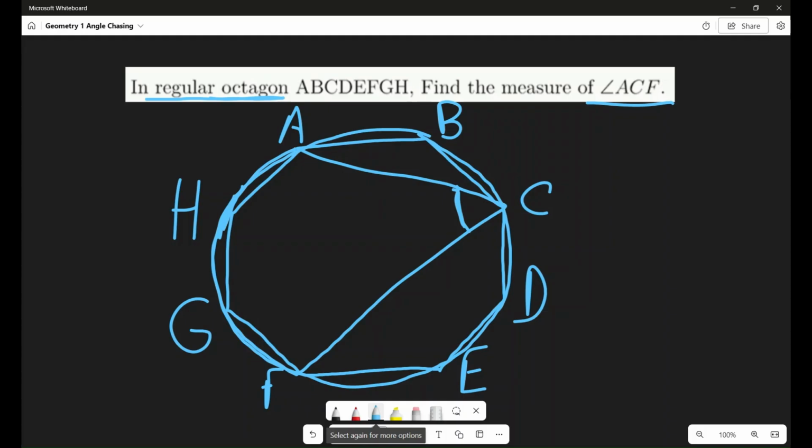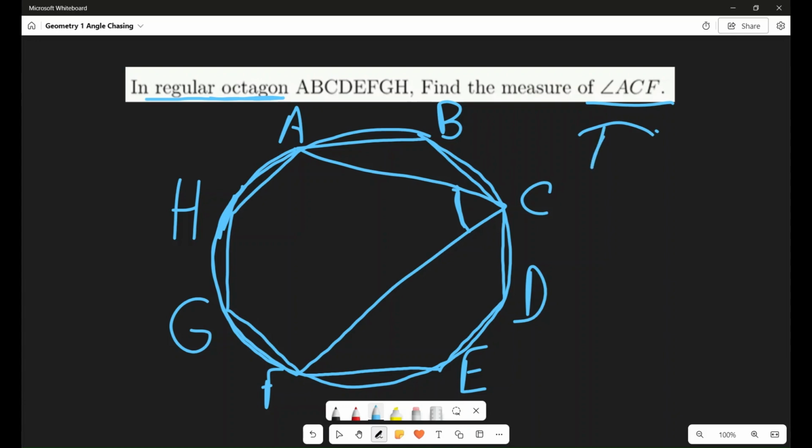And since the octagon's sides are all equal, which is because it's a regular octagon, by the definition of being a regular octagon, all the sides are equal, and so the arcs that correspond to each side must also be equal. So we see that minor arc AF,